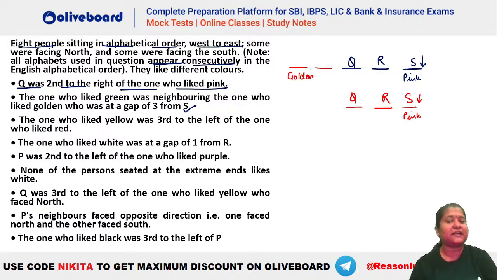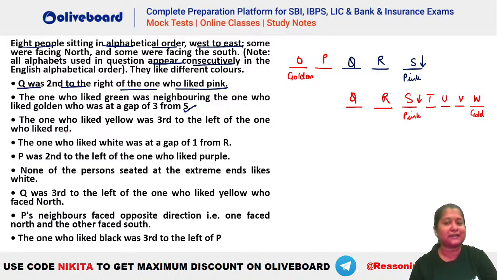एक तो ये possibility है कि ये golden हो गया because S has to be at a gap of 3 from golden, या फिर आपका 1 2 3 this will be your golden here, ठीक है, ये भी आपका golden हो सकता है। Now what is given, उसके बाद चेक करते हैं। अब अगर ये golden है तो you can see OPQ, so this will be O here, this will be P here, ठीक है। इस वाले case में STUVW, right, ये बन गया।